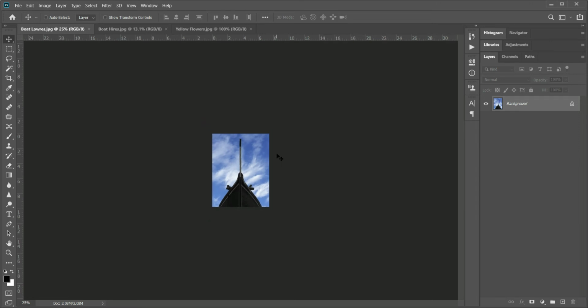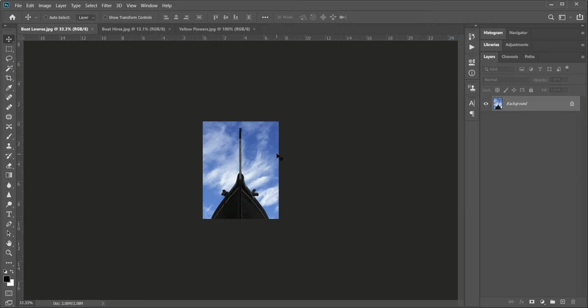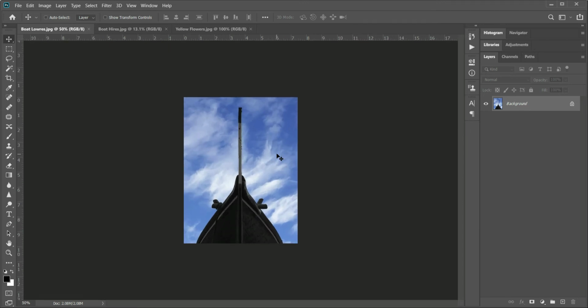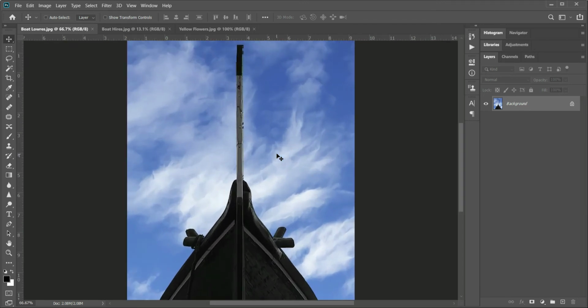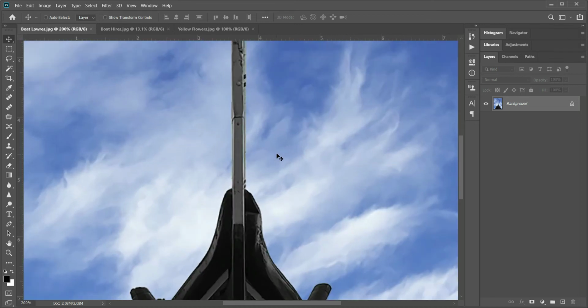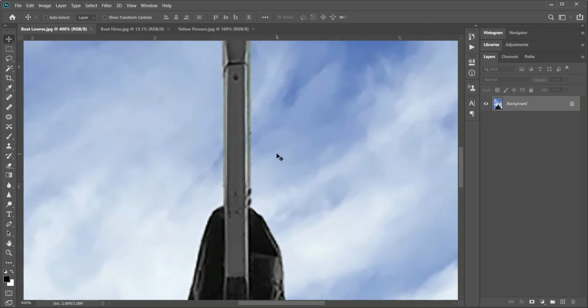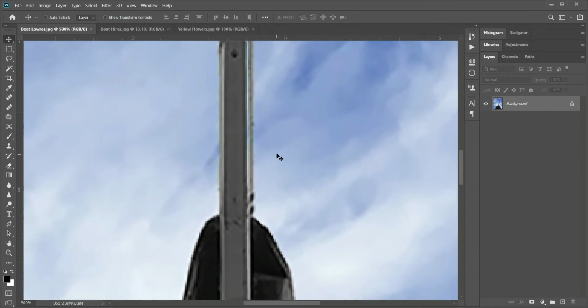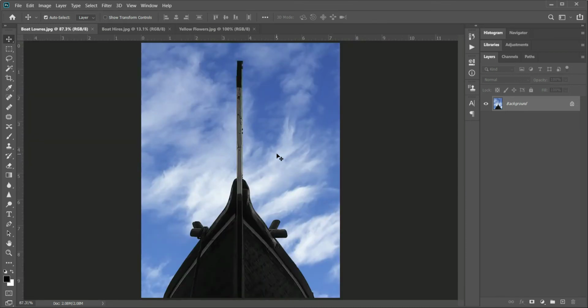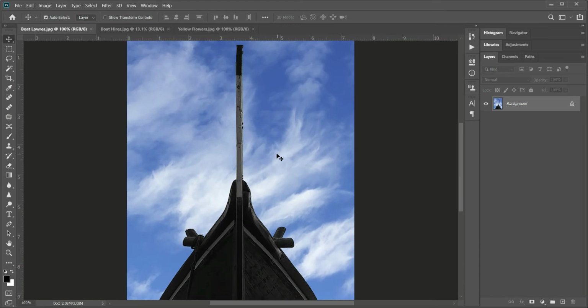In the same way, holding the Control key, again Command key for Mac, and tapping the plus key, it zooms incrementally up to 100% and beyond, like so. To fit the image into the screen of your workspace, press the Control key, Command key on Mac, and tap the number 0. And to view it at 100%, press the Control key, Command key for Mac, and tap the number 1. This is a mini course on zooming and unzooming. Let's move on to our main topic, pixels and resolutions.